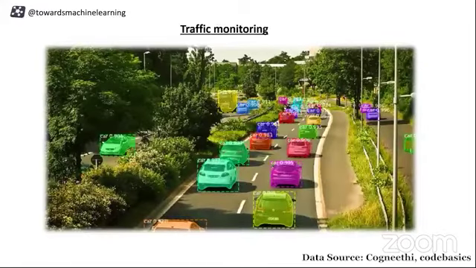Next thing we can see is traffic monitoring. This is one of the things you might have come across, like smart traffic monitoring, smart traffic management. What they do is they use those CCTV cameras that are used in the traffic lights you have seen, right? So those are used and they can detect which area is having more amount of